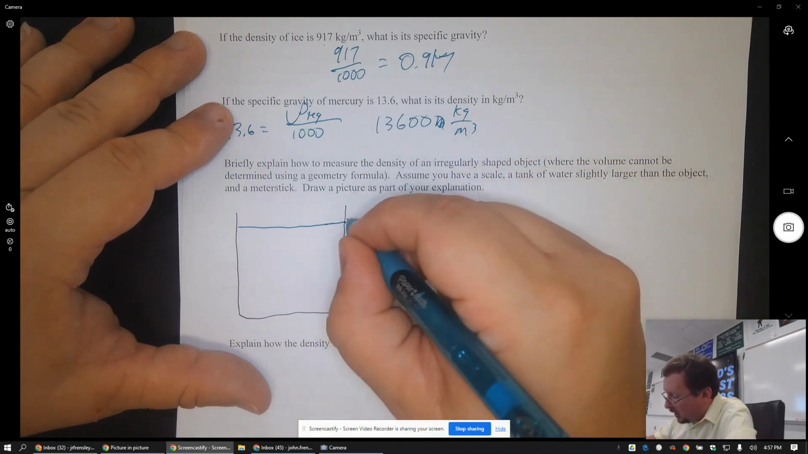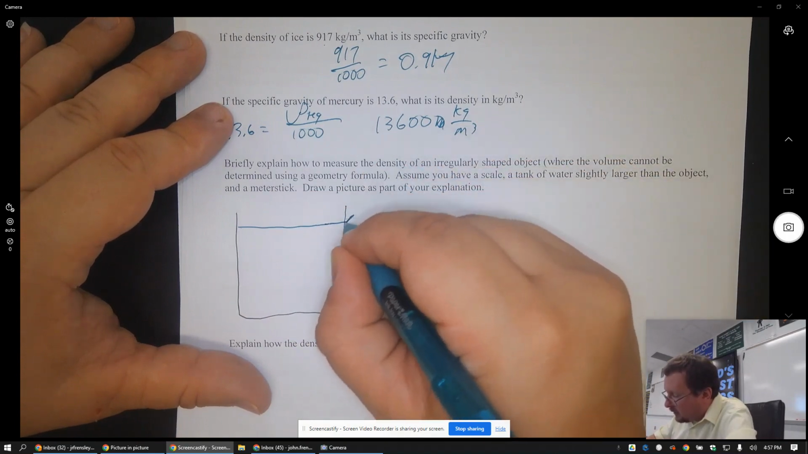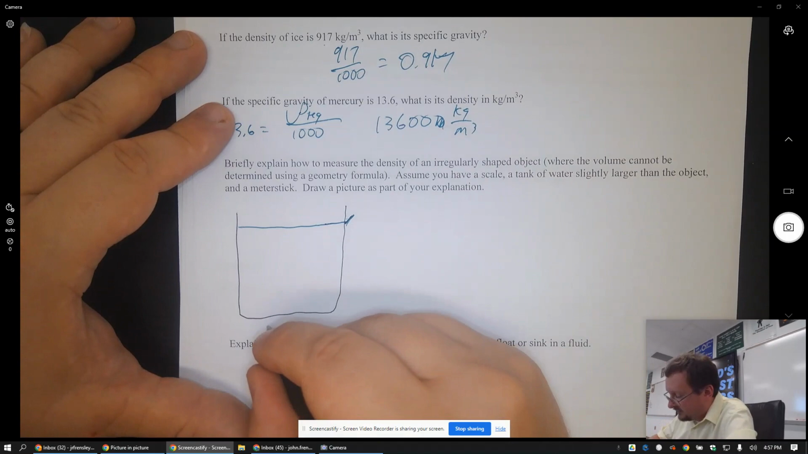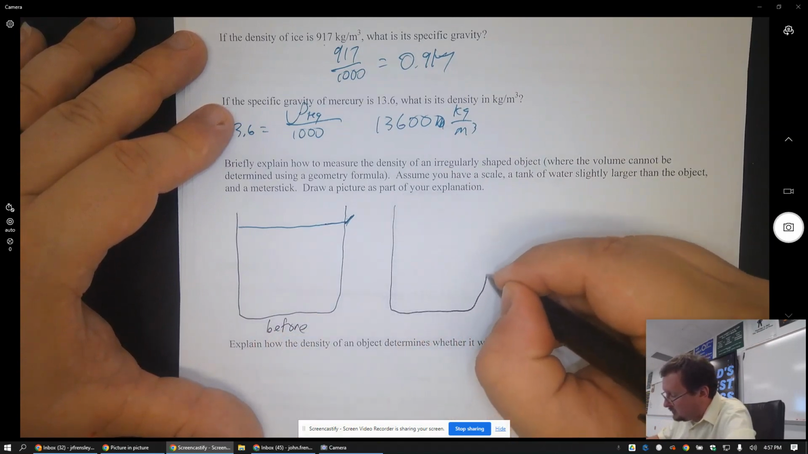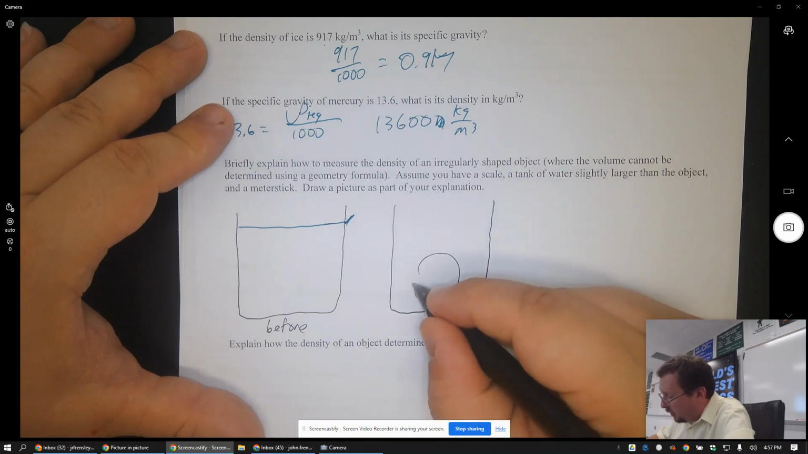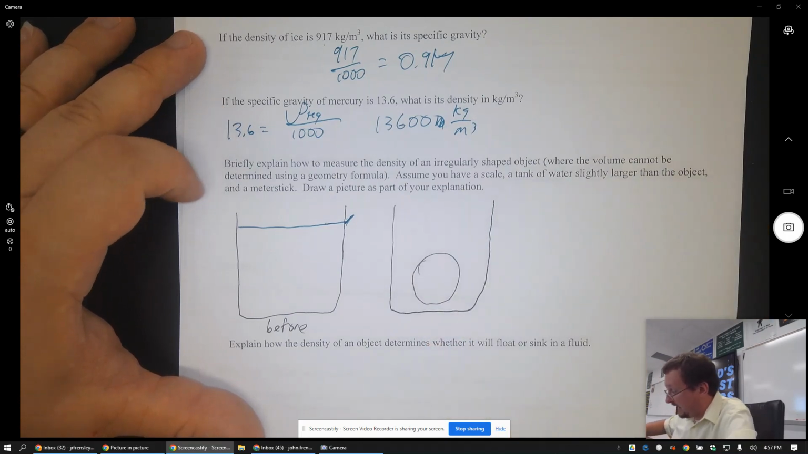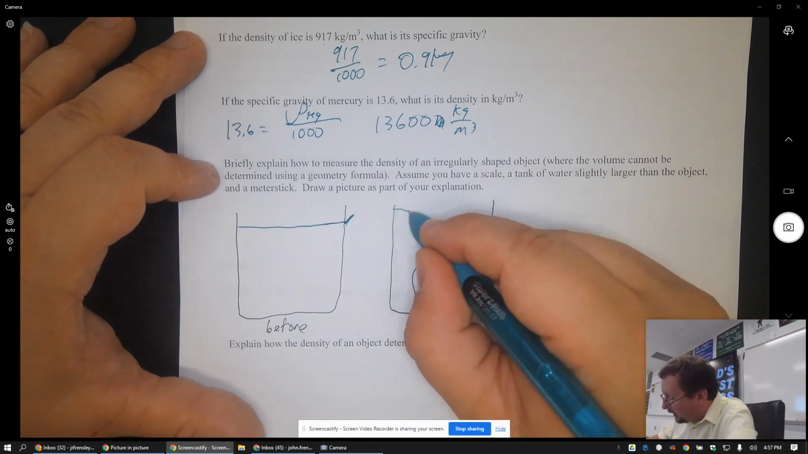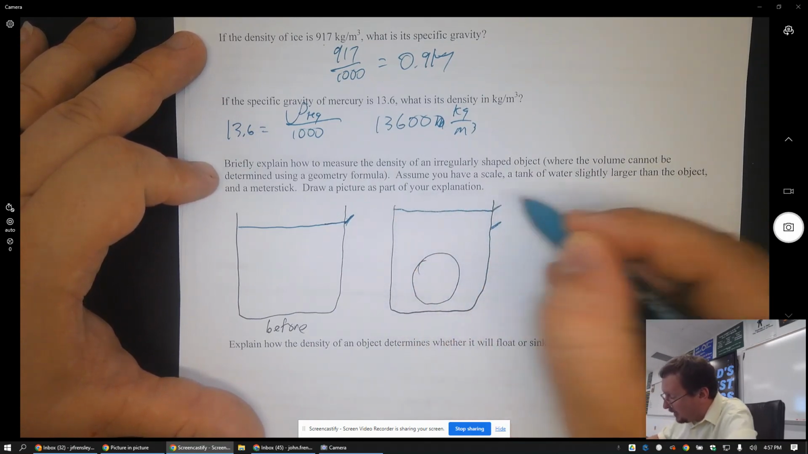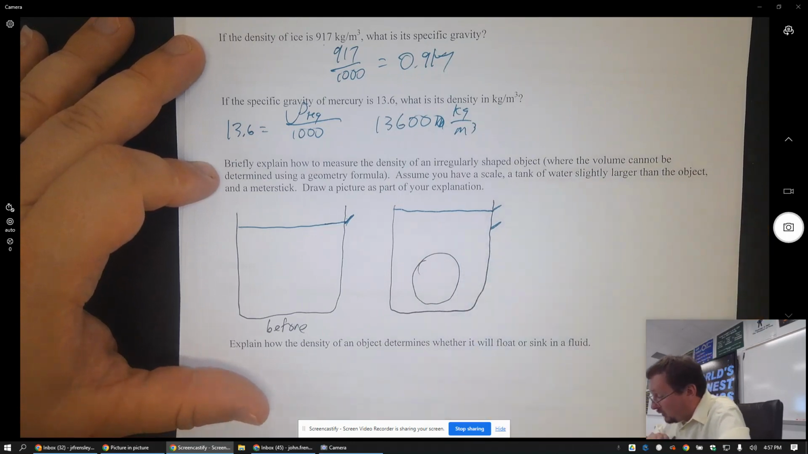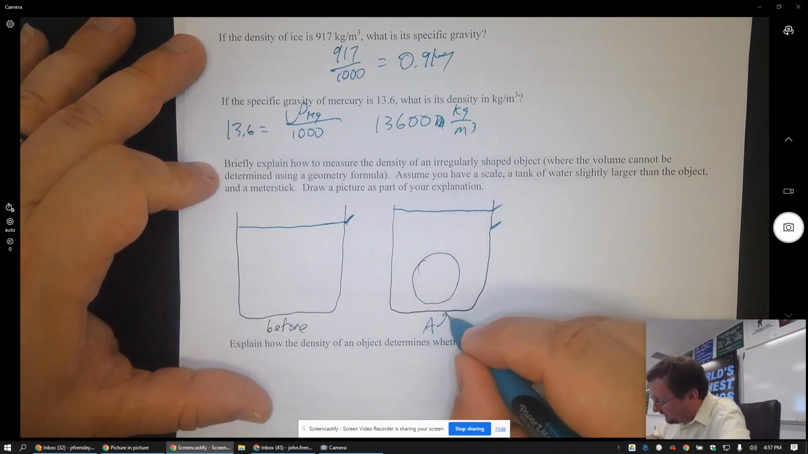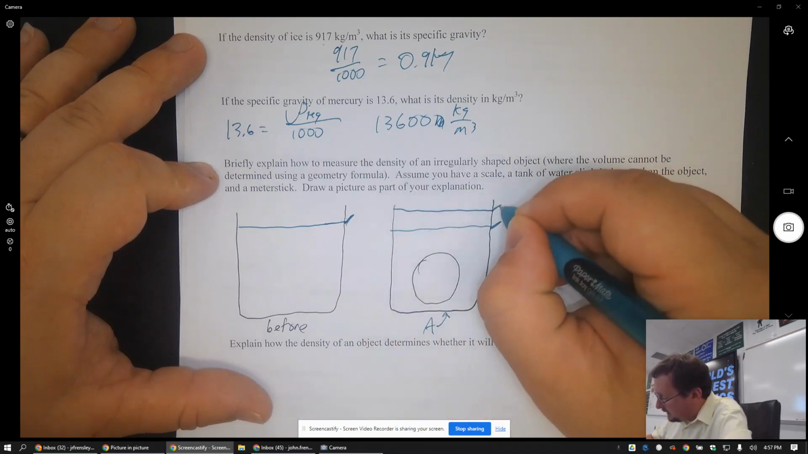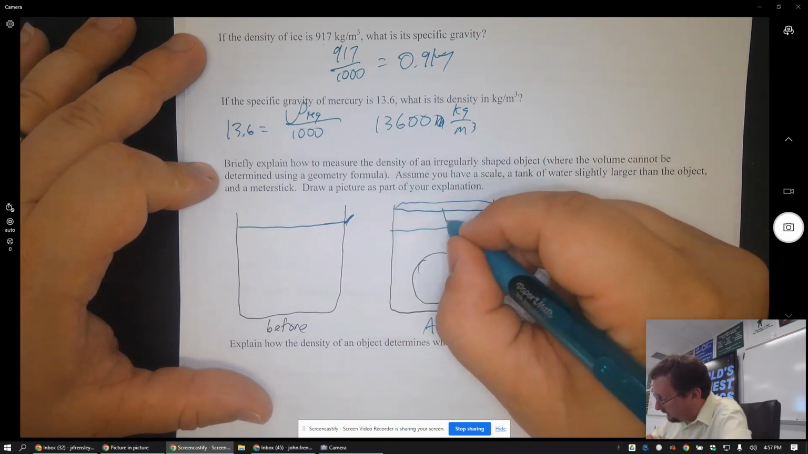And we're going to mark on there with a marker on the side where that water is, okay? So this is before. And then what we're going to do is immerse the object in the water. It has to be able to sink. And then the water will now be at a higher mark than it was before. Okay, if you know the area of the base, then you can find this volume